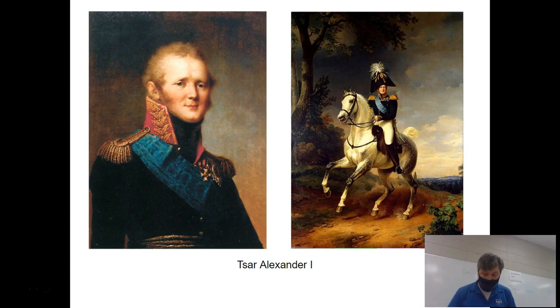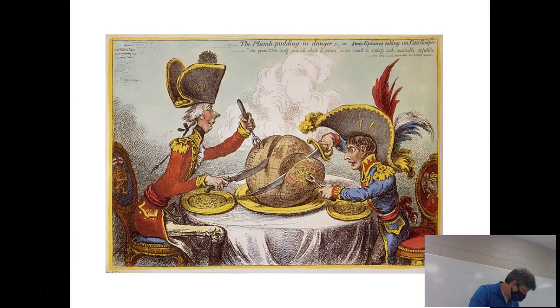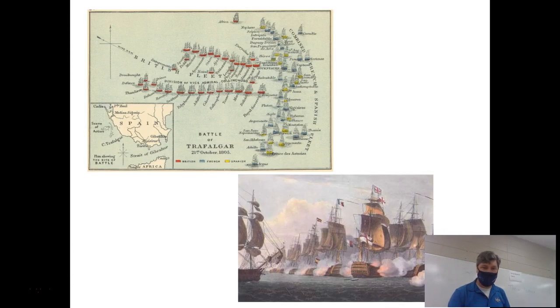Well, in 1812, Napoleon invaded. Here he is forcing the Prussian king to kneel before him or kiss his ring. Here is a caricature at the time with Britain and France. We have Napoleon carving off Europe, and we have Britain carving off the rest of the world because of their powerful navy. And the joke is there's nothing left for the rest of the world. You know, they're dividing the world between the two of them. It's a great, great cartoon.